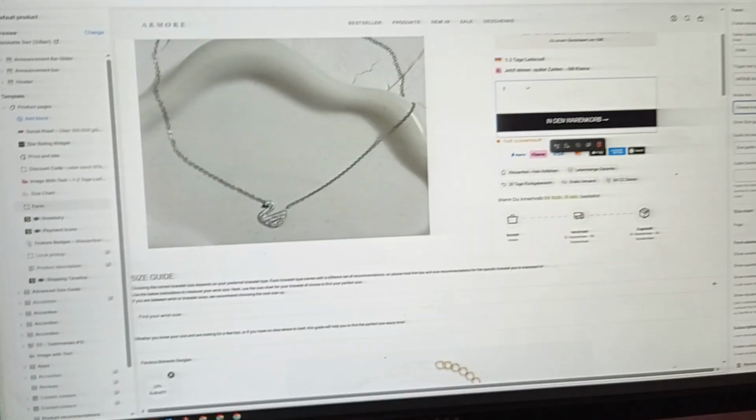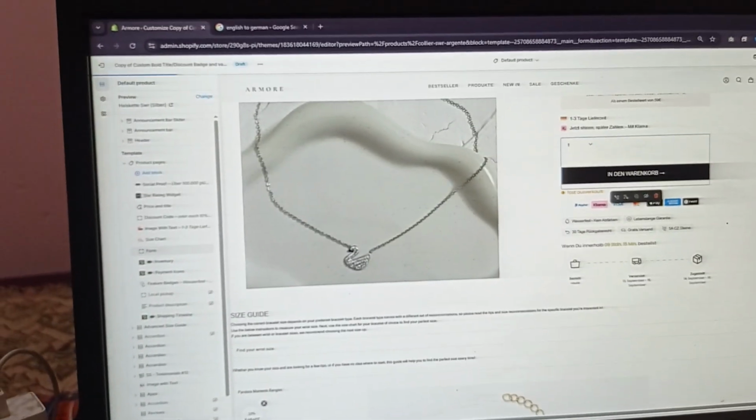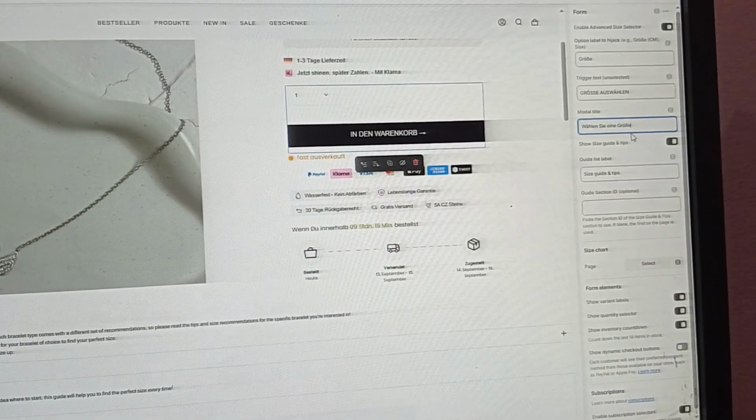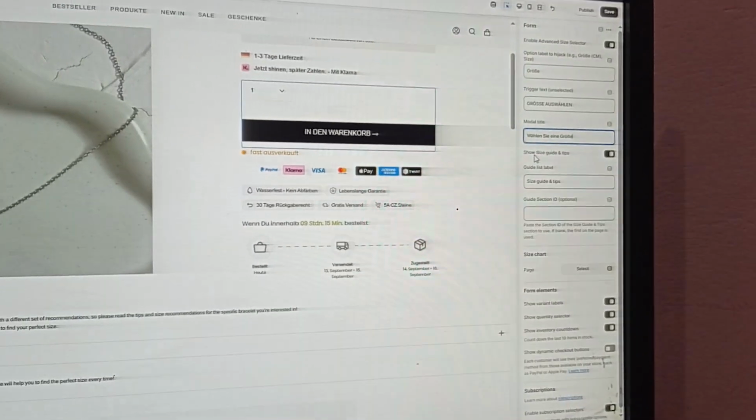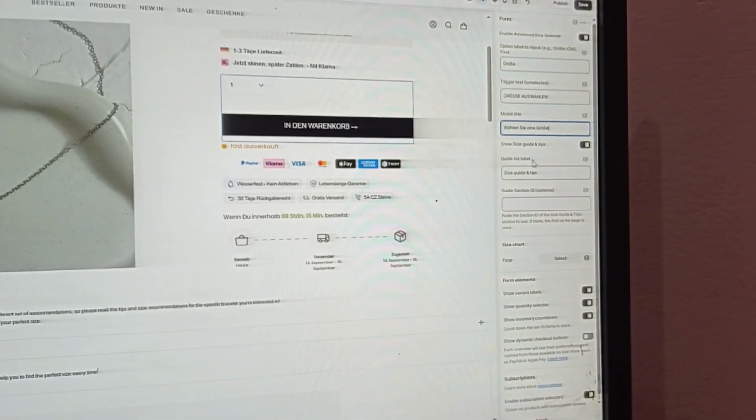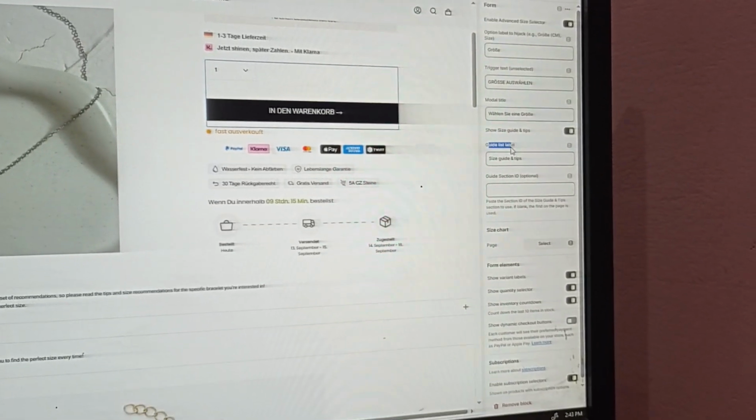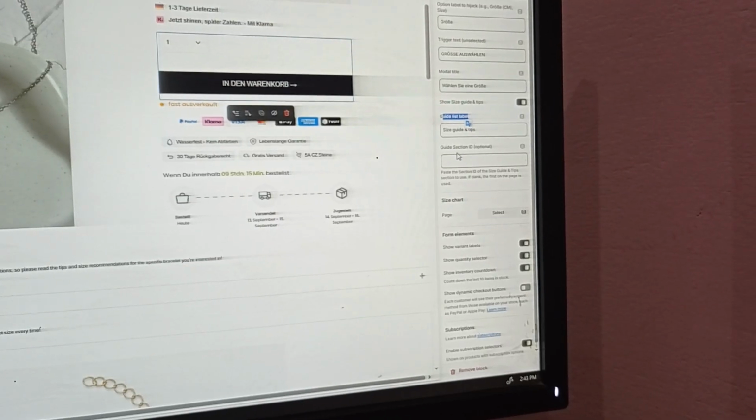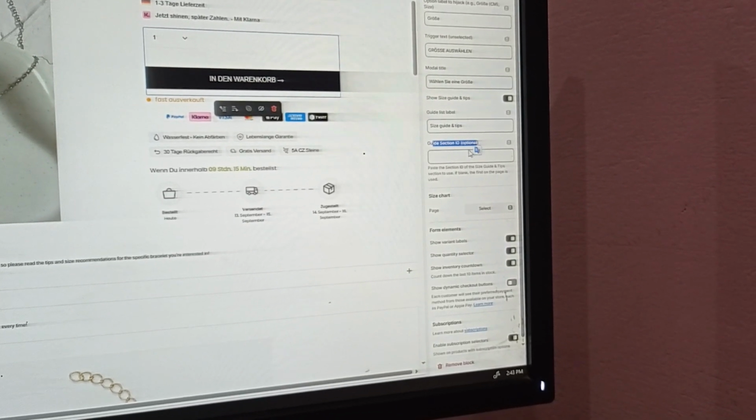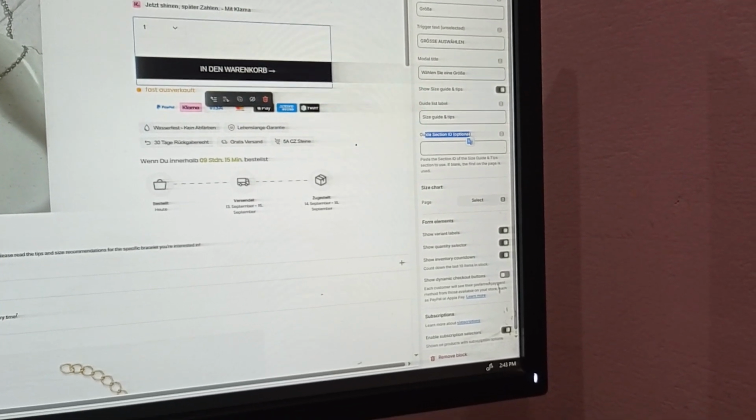Okay, crop. Okay. So now we have the features to show size guide and tip. Guide list label, that's the optional one. So in the form block,